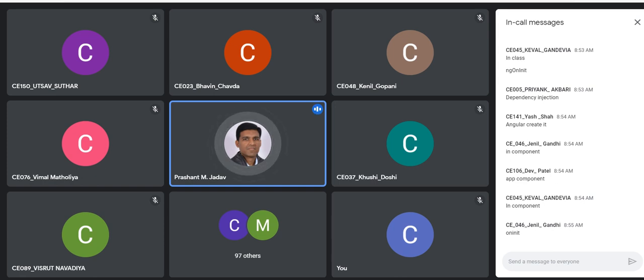Okay, how to use the component? If I want to use an Angular component, how to use it? Because in Angular, we can create multiple components.